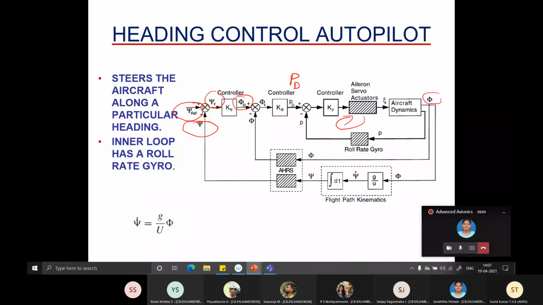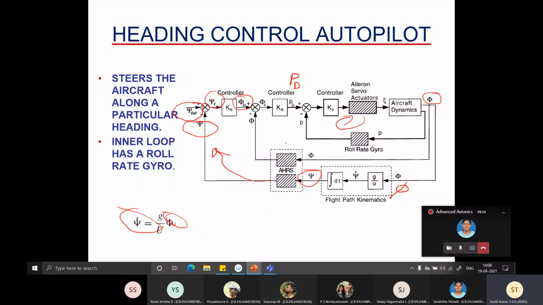So what the previous equation says is, if you bank the aircraft with some angle phi, that will result in psi dot. Okay. So that's what is happening in the kinematics part. Again, I repeat, these dotted lines are not any hardware block. You are just disturbing the aircraft, and then the aircraft variables start changing. Okay, so you have a bank angle, and if you integrate it over a period of time, you get the required heading angle. Okay, and then that is sensed and it goes back. So clearly you can see an inner loop and an outer loop.